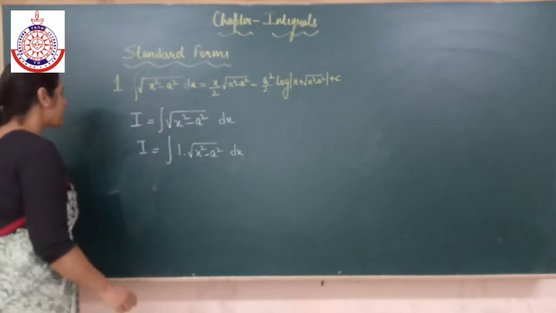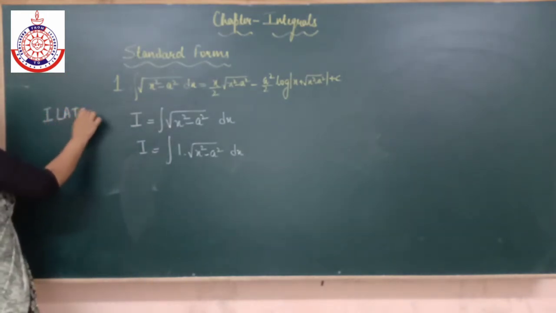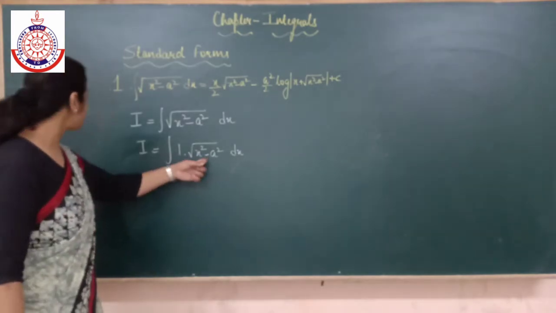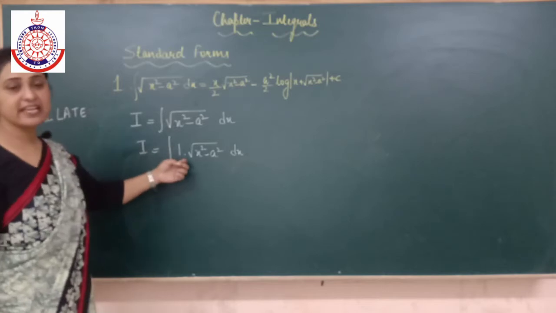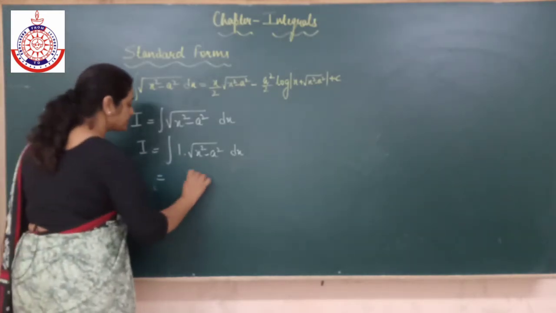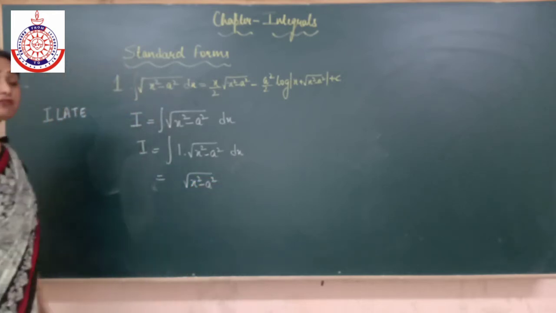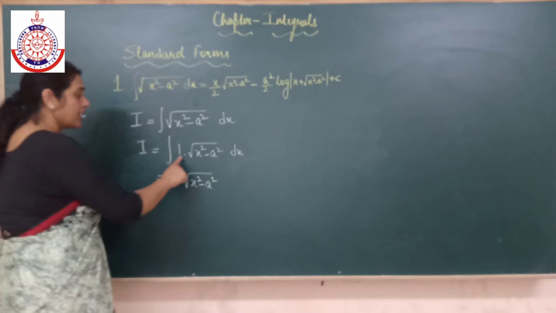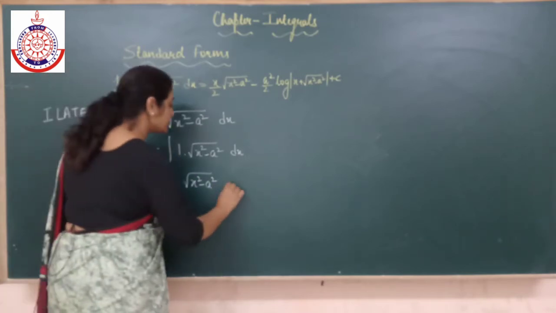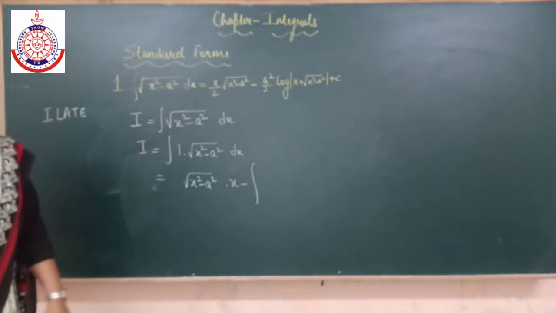What happens in by parts? We use the word ILATE to choose the sequence of the functions to be taken as first or second. Here this is algebraic, and the other is a constant. Definitely I will be taking the constant as the second one. So this is my first function, as it is. Integration of second: what will be the integration of 1? The integration of 1 would be x. Minus integral of